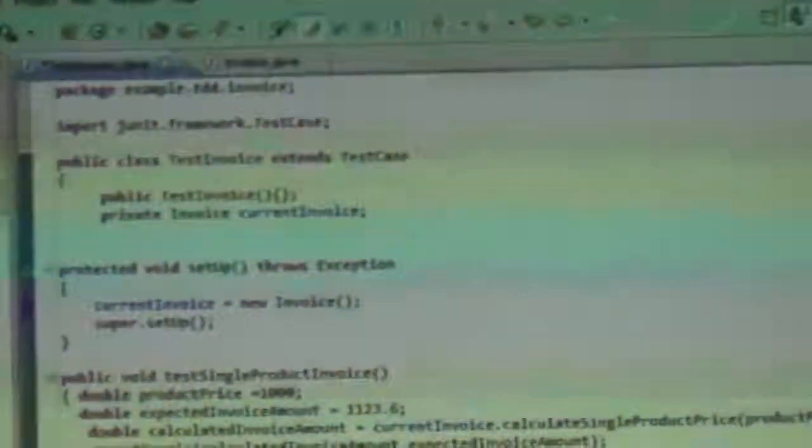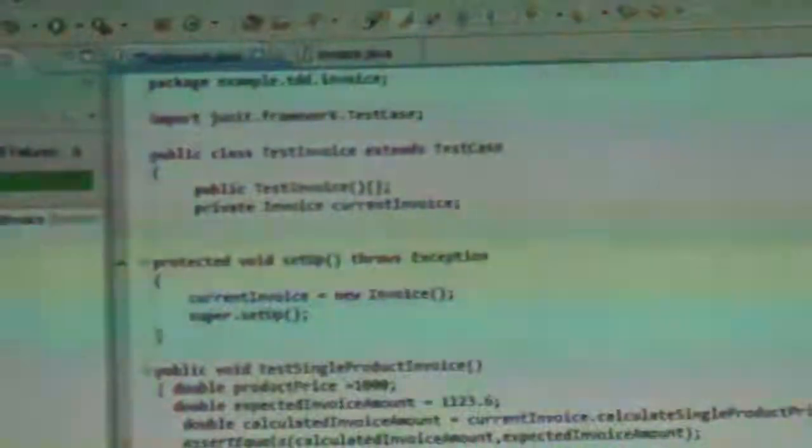So I have another requirement where I talk about public void test two product invoice. Now here I should have product 1 price which is 1000.